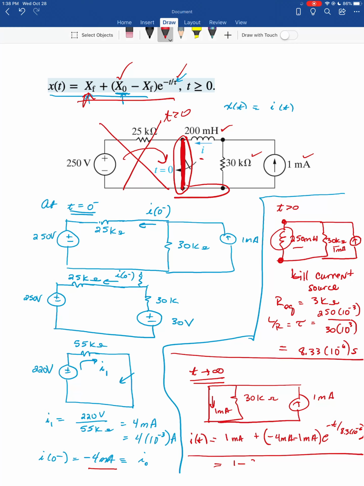Then you let time go to infinity. So once again, you're still working with the t greater than 0 circuit. You put the source back in, and as t goes to infinity, once again the circuit approaches DC. So the inductors will go to shorts, the capacitors will go to opens, and you'll be able to find the final value for the capacitor or inductor current using really DC circuit analysis techniques. So as long as you solve your circuit essentially 3 times for 3 different situations to get your initial value